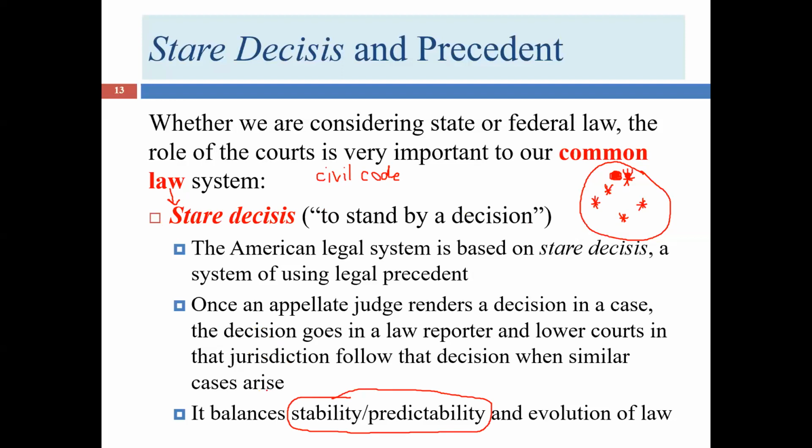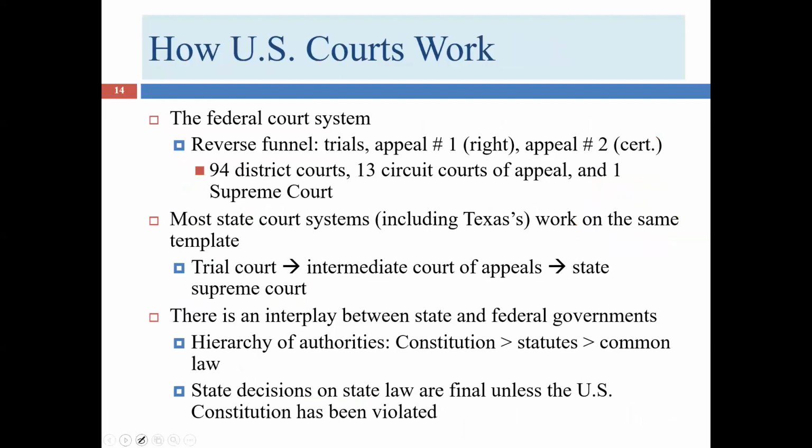But of course, if the judge did mess up, the legislature can come in and replace that precedent with a new statute. And then the precedent goes poof, it's no longer the law of the land. So the common law system does definitely have strengths, but also the civil code system has strengths. We're not going to change. So if you're wondering if we're slowly becoming a civil code system, I don't see that in our future.